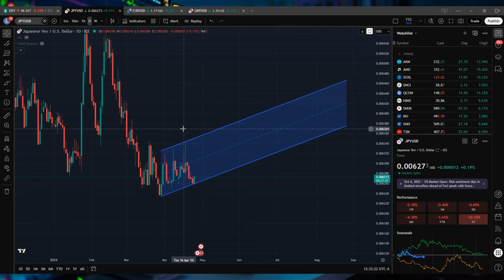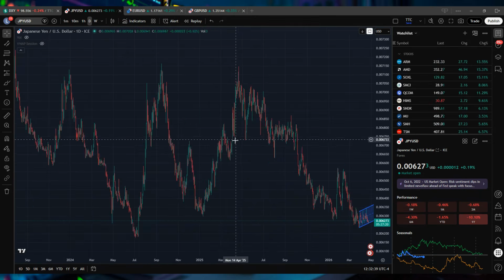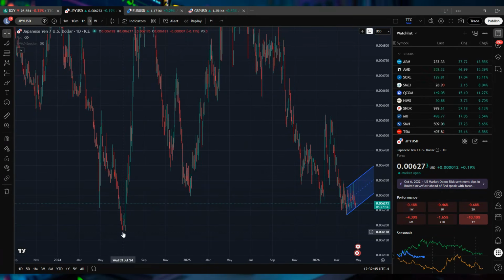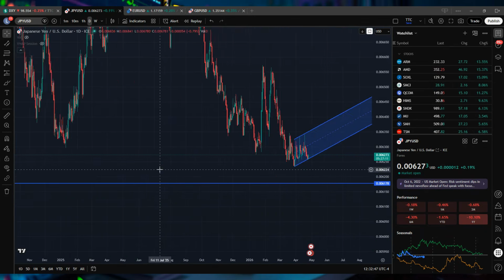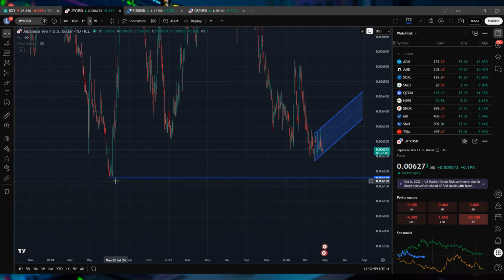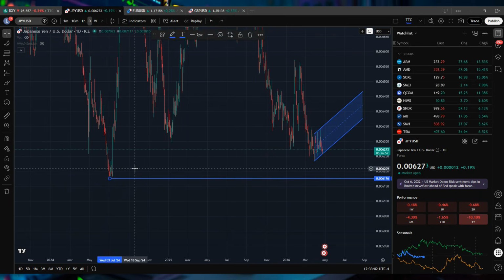So just because they're raising interest rates because they want some more inflation, because Japan has historically had negative interest rates. But despite that, the yen is still remaining weak compared to the US dollar. If we scroll further back, it's weak, but it's still not as weak as its lows from 2024. So if we get a break of this upsloping parallel channel, a break of this kind of bear flag, I anticipate a move down to potentially the lows here of July of